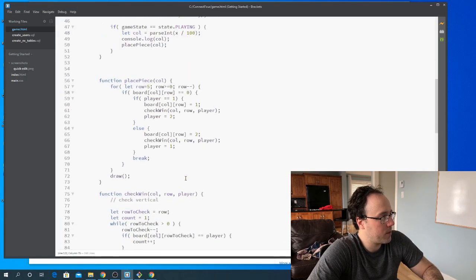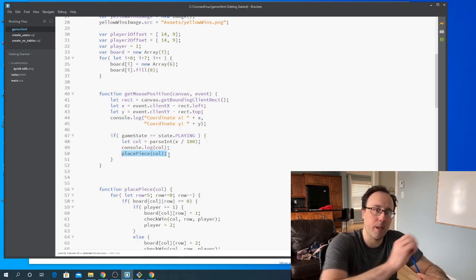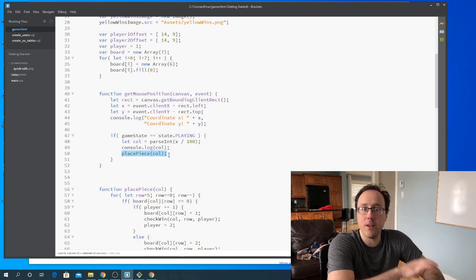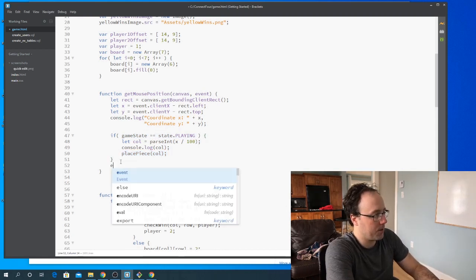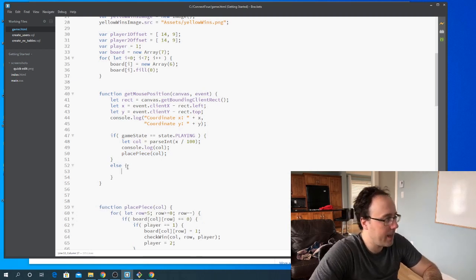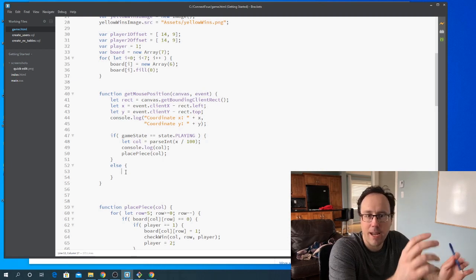So when I come into my code here for getting the mouse position, if the state is playing, I'm going to call the place piece function. And this function places a piece on the board, then it checks to see if the game is over, and then it draws the board. What I want to do is an else statement. So else, if the game is over, now I want to detect if I've clicked on the play again rectangle